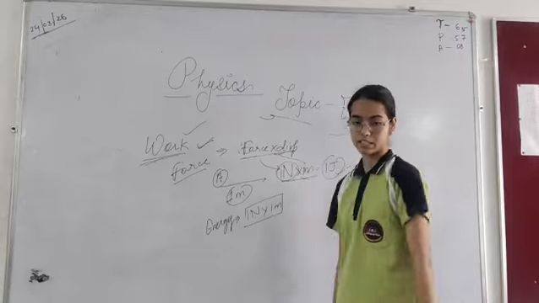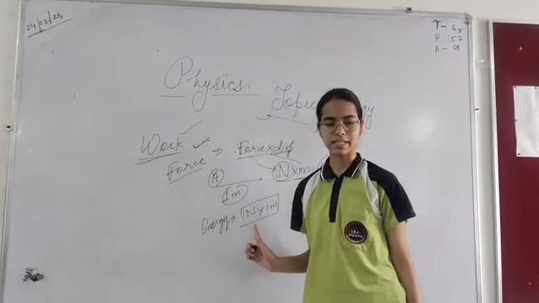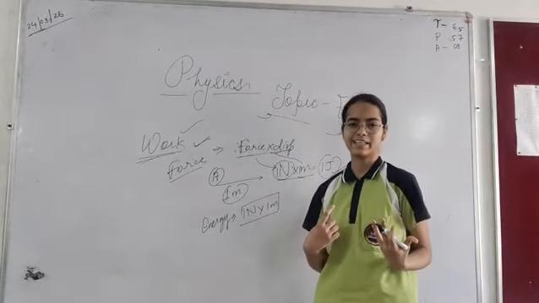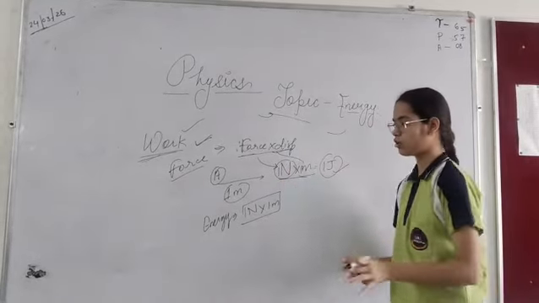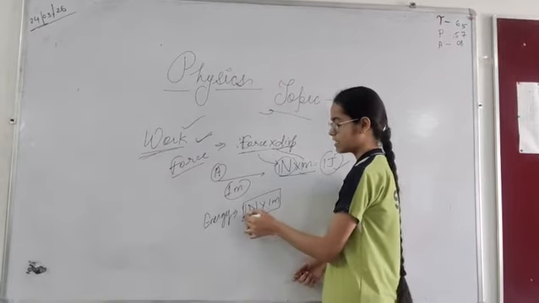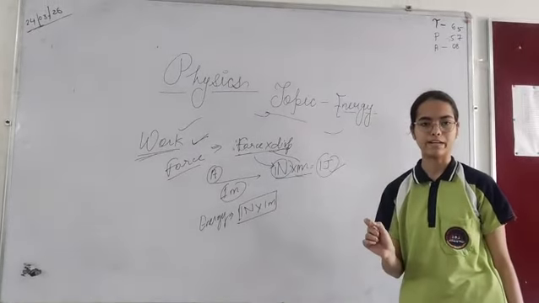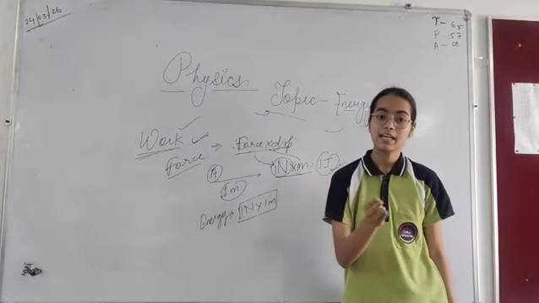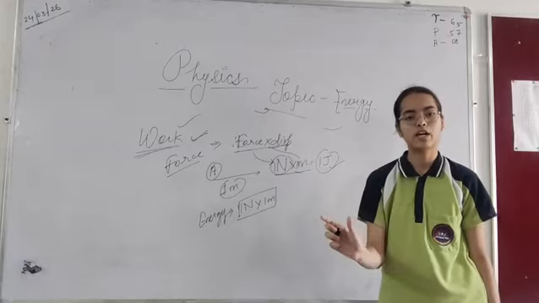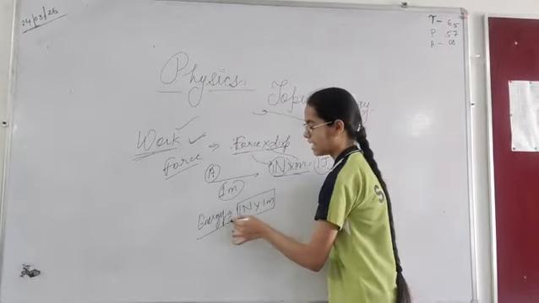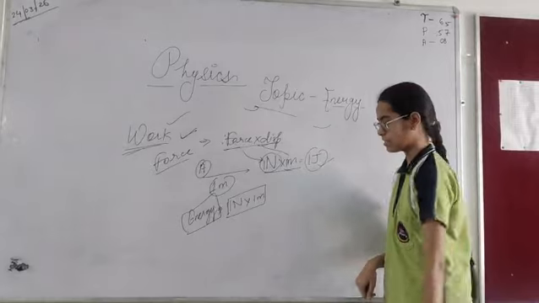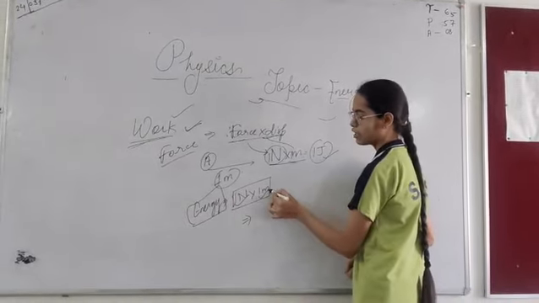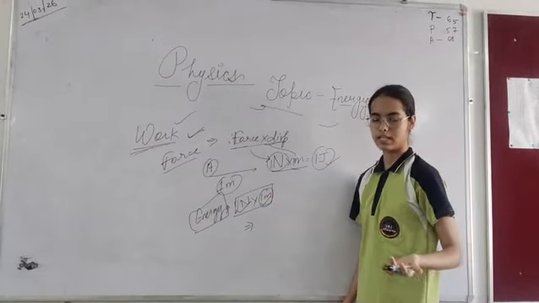So what is energy? Let us understand by this particular definition, because we all have seen this written in our books and it's quite difficult to understand without knowing the definition. So what is energy? When 1 Newton of force is given to any body and the body is displaced by 1 meter, the energy used in doing that particular amount of work is called energy. So 1 Newton of force is applied and the body moves 1 meter, so that is called energy.